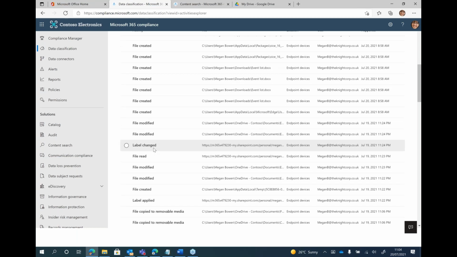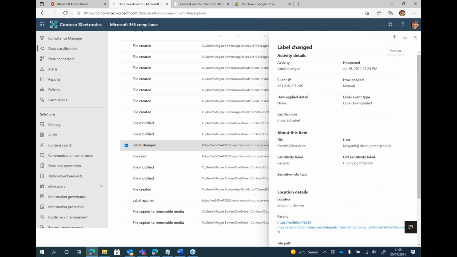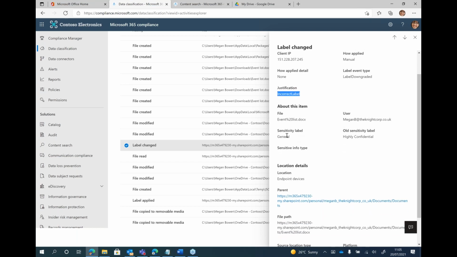So somebody's changed a sensitivity label from highly confidential to general, for example, and I can click into the detail here and it'll tell me what happened specifically. So there was a label downgrade, and the justification that was given by the end user was incorrect label. It was done manually, and I can see that the sensitivity label now is general, but the old sensitivity label was highly confidential. So lots of great information that you can pick up